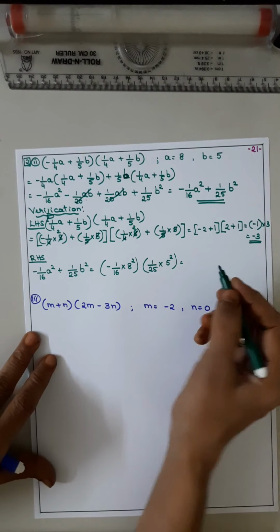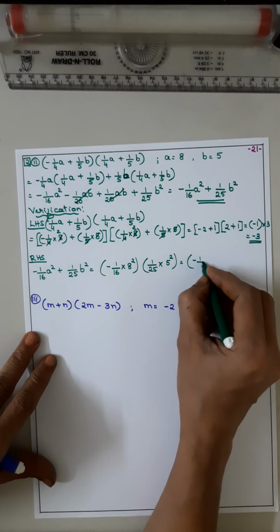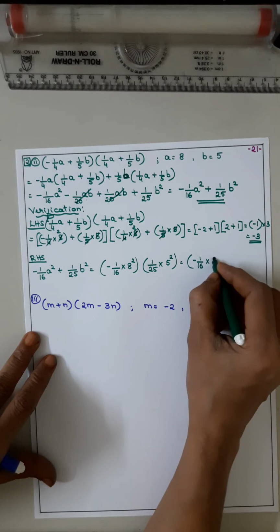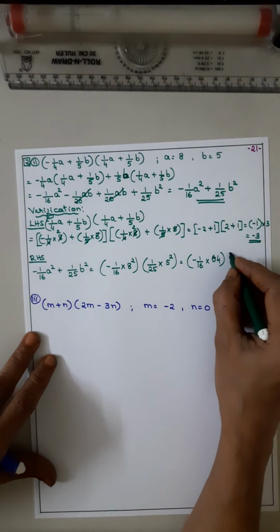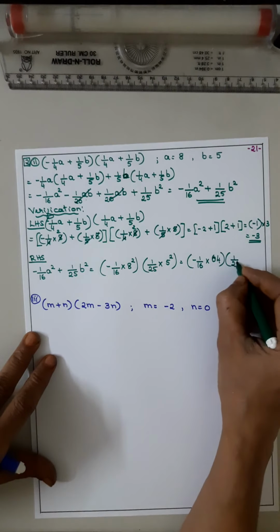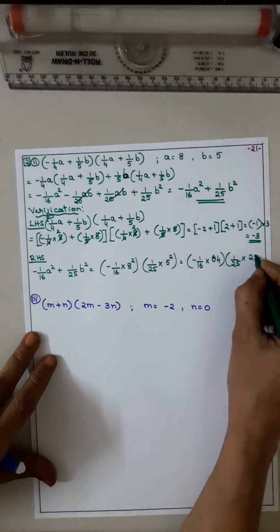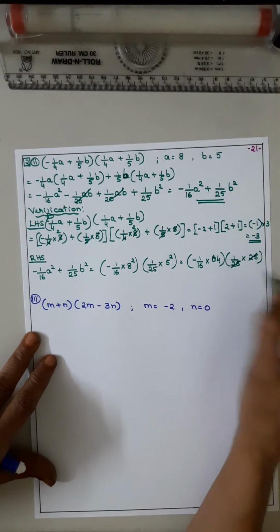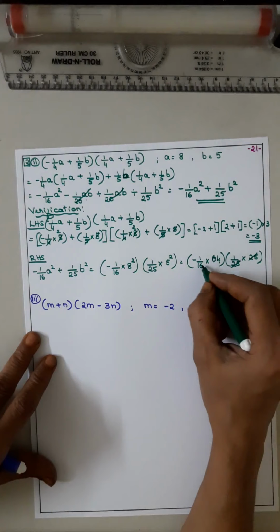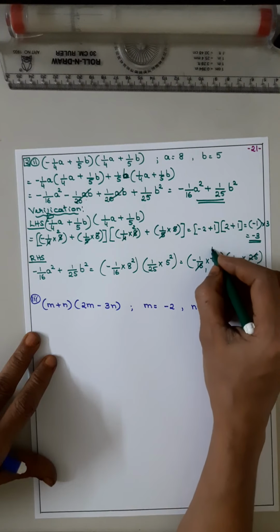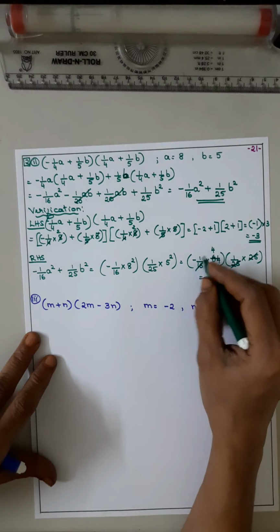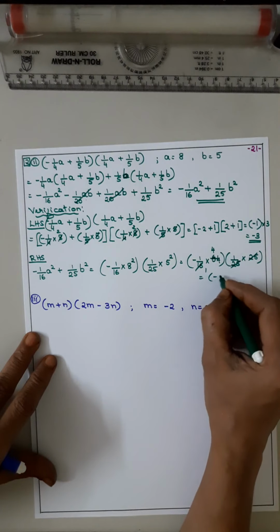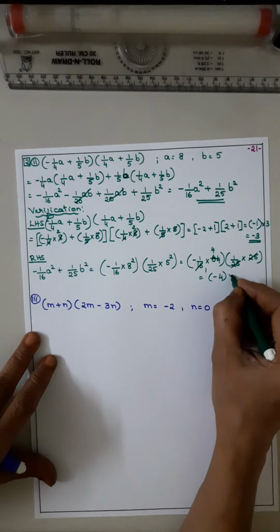That is minus 1 by 16, 8 squared is 64, isn't it? Into 1 by 25 into 5 squared is 25. 25 cancel. 16 ones are 16, fours are. So you got minus 1 into 4, that is minus 4 into